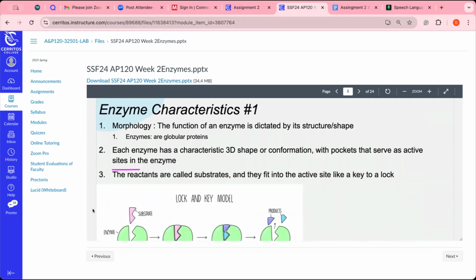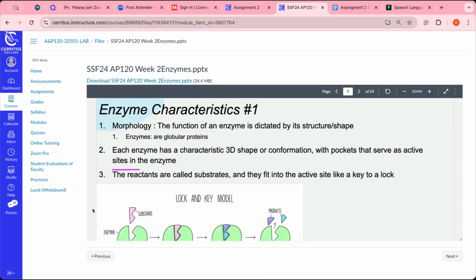So morphology refers to the structures. If we were talking about morphology of language, we would be talking about the vocal structures that help us to create verbal language. Morphology here is the structure or the shape